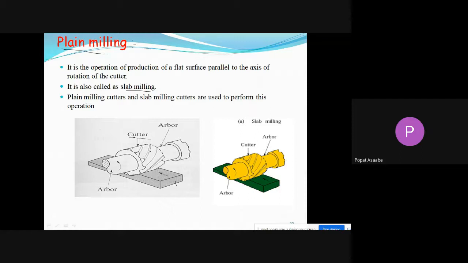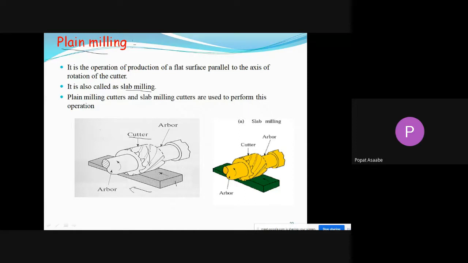Okay, see here, we have already discussed that plane milling is nothing but producing a flat surface on your workpiece. Now we want to produce the flat surface on the workpiece. How does it work? Simple. First, we have to fix the plane cutter on the arbor. That arbor is fitted into the spindle, and the workpiece is mounted on your table. Whenever the arbor is rotating, the plane milling cutter is also rotating, and we have to feed the workpiece against the rotary cutter, and that cutter will remove the metal from the workpiece and create the flat surface on your workpiece.